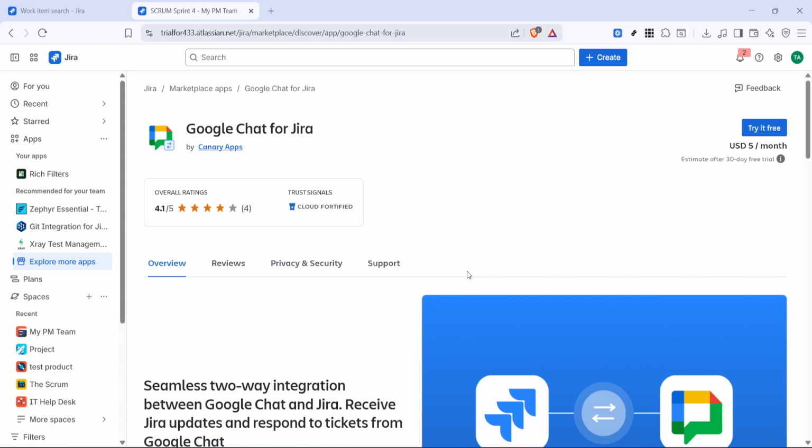After reviewing the information, click Try It Free. This starts the process of adding the app to your Jira environment. Depending on your permissions in Jira, you may be able to continue right away, or you may need approval from an administrator. If that happens, just keep in mind that it's a normal part of managing apps in shared workspaces,